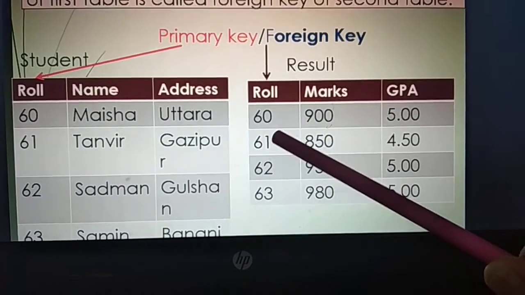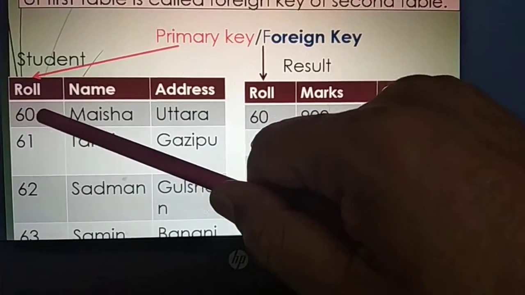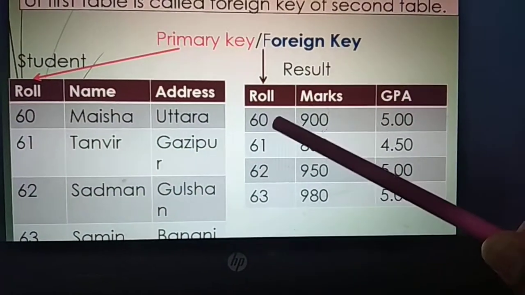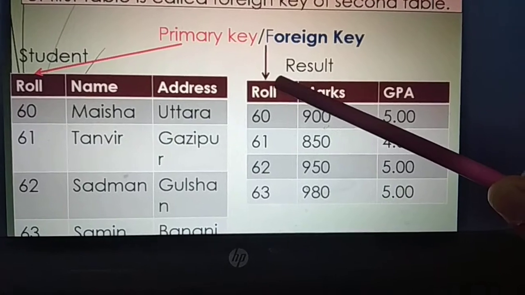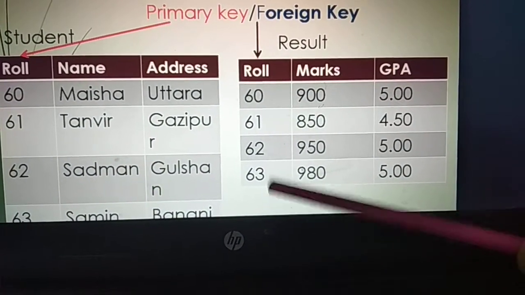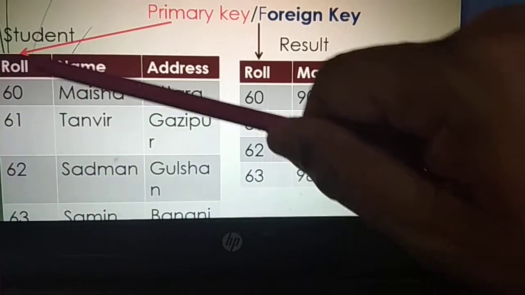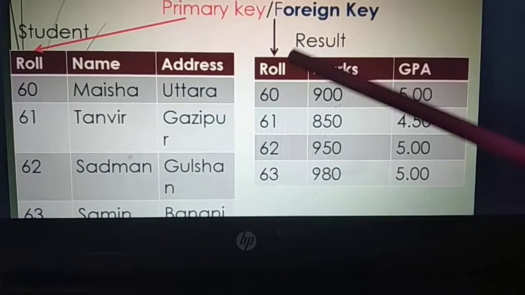That means if you would like to extract the result of roll number 60, then we can use this field here in the result table. Is this clear? That means the same field is used.